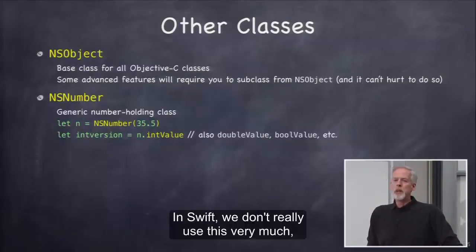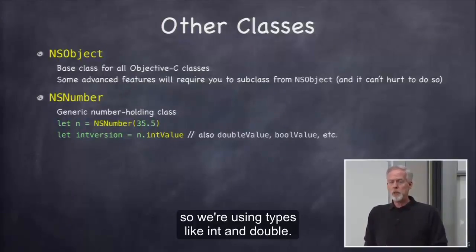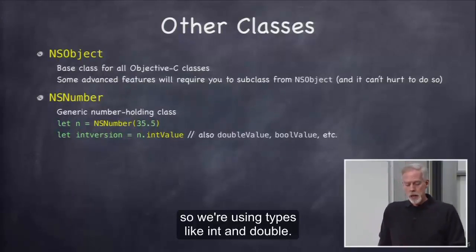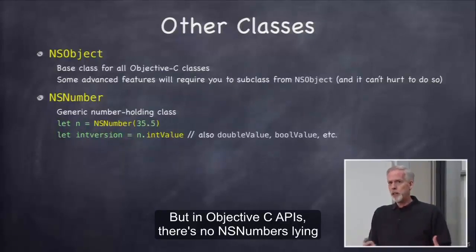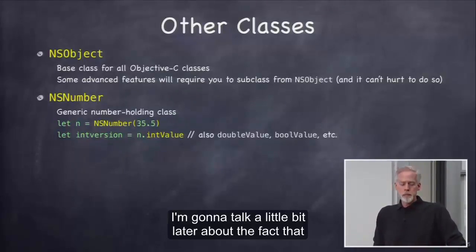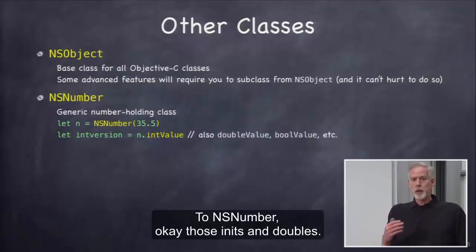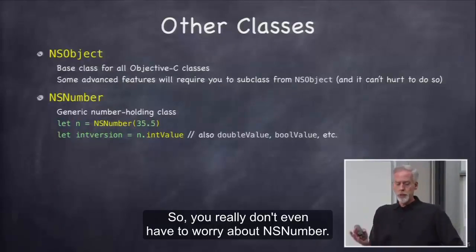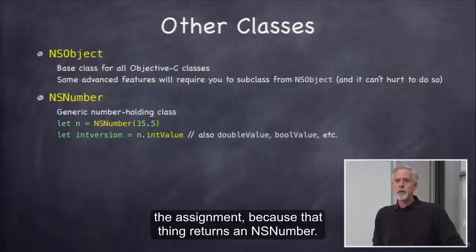In Swift, we don't really use this very much because it's strongly typed, and so we're using types like Int and Double. But in Objective-C APIs, there's NSNumbers lying around, and so you kind of need to know about it. I'm going to talk a little bit later about the fact that all those Swift types are kind of magically bridged to NSNumber, those Ints and Doubles. So you really don't even have to worry about NSNumber. Unless you're going to use something like the NumberFormatter that we used in the assignment,